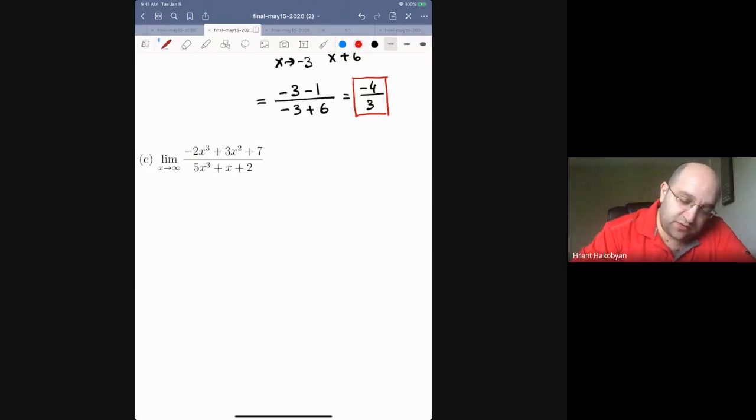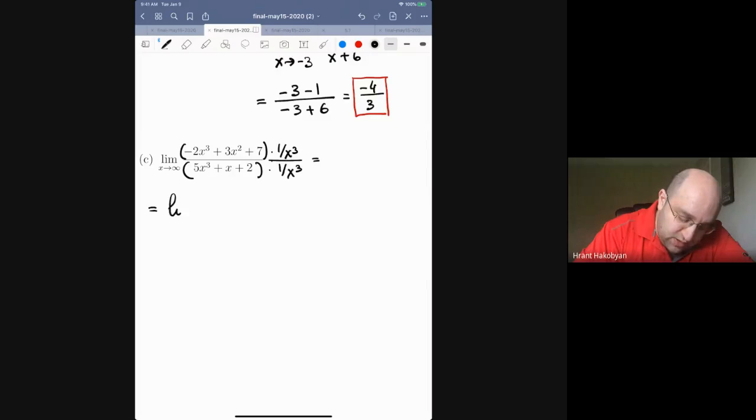But you still have to show some work, and the way you do it is you multiply and divide the top and bottom by x to the third. So I'm going to do that right here. I'm going to divide the top by x to the third, so I'm going to multiply by 1 over x to the third. And then the same thing in the denominator, I'm going to divide by x to the third. Okay, so if I do that, I'm going to get the limit